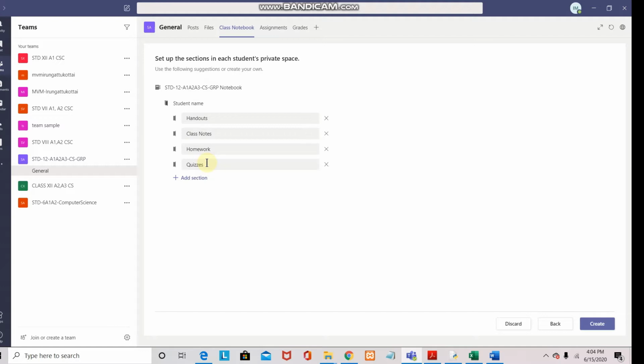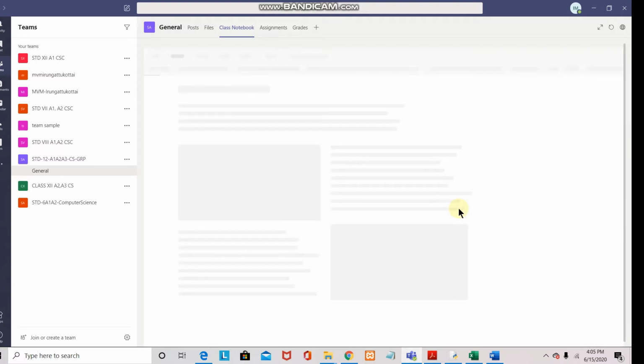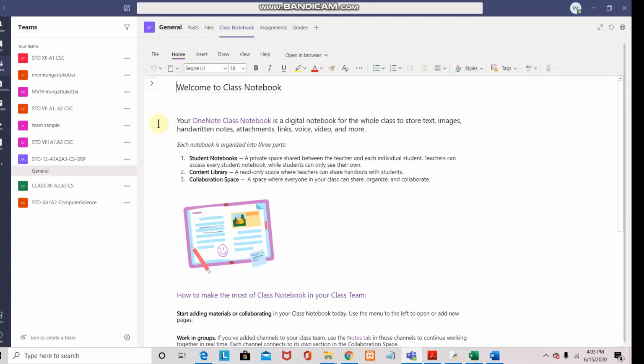If the teacher wishes to delete all this, the X button can be clicked and then new sections can be created. Then after clicking next, you can see setting your class notebook ready. That is going to appear for 1 or 2 minutes, so we have to patiently wait until the notebook is getting ready. After this screen, we'll be seeing a welcome page and then an arrow mark which is